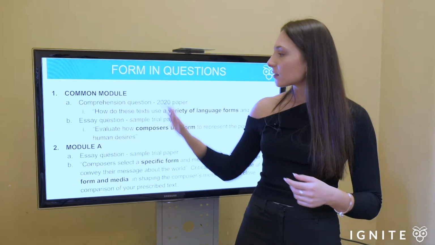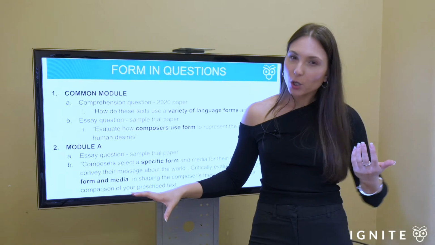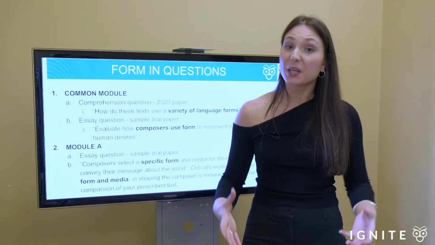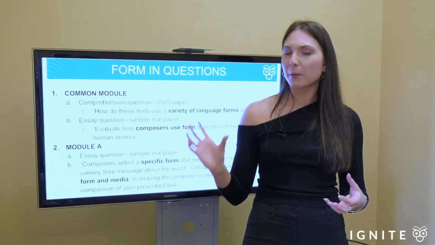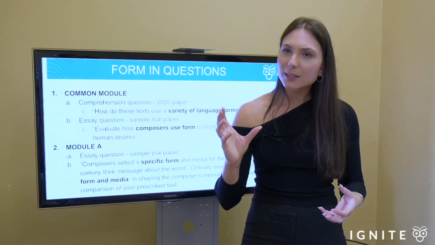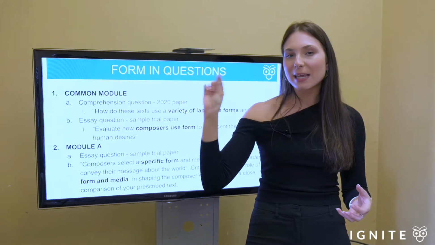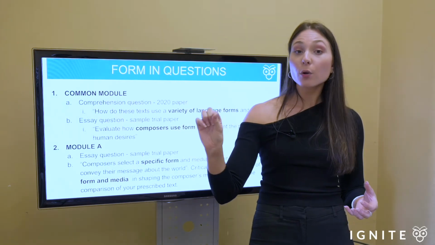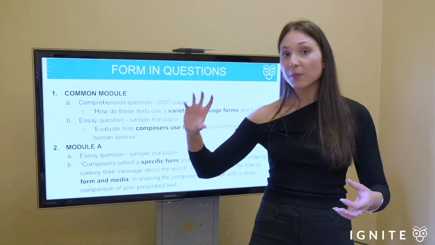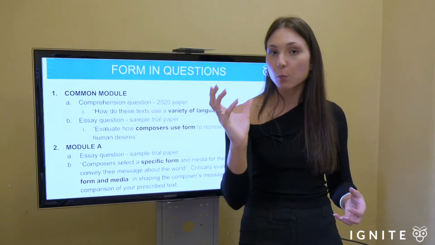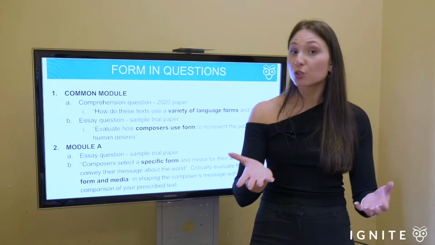So what I've tried to articulate so far is how you'll be expected to apply your knowledge of form to iterate why you should care about it. It's so crucial to your studies, but also remembering that key point I raised earlier, that if you're studying a text, you should want to discuss form because there's a reason your composer has picked that type of text. And in order to appreciate the authorial intent of the composer, what they want the responder to take away, you must raise the kind of text they're using to do just that.